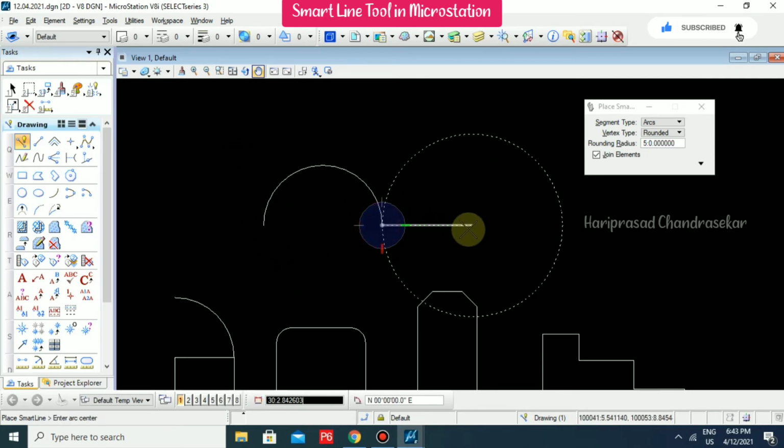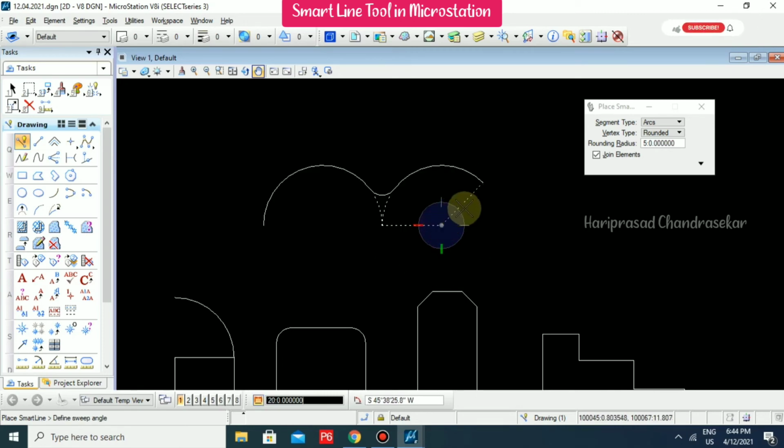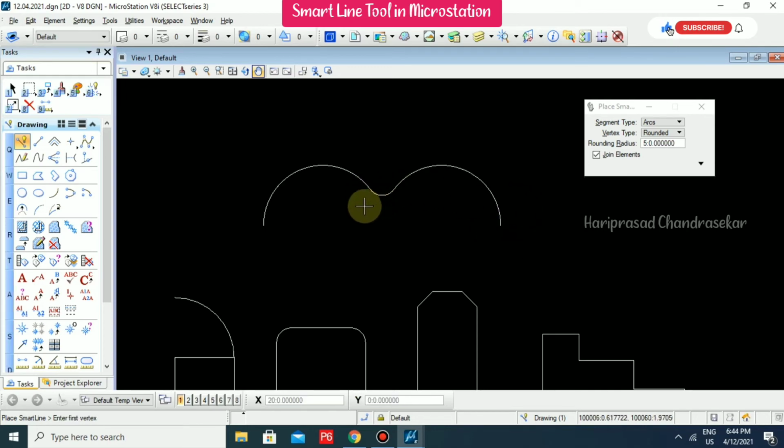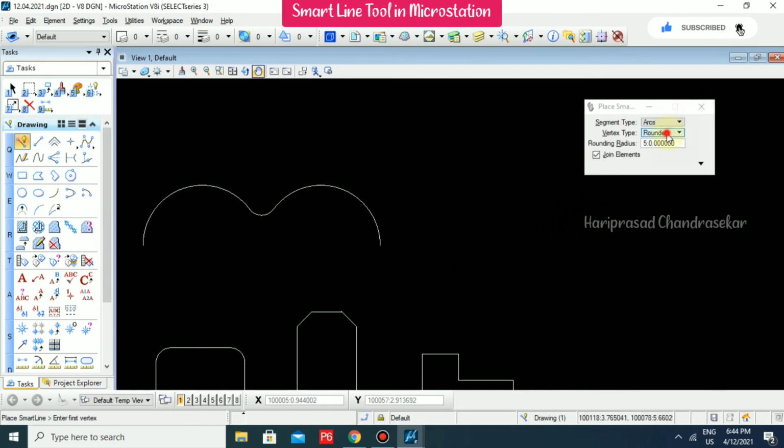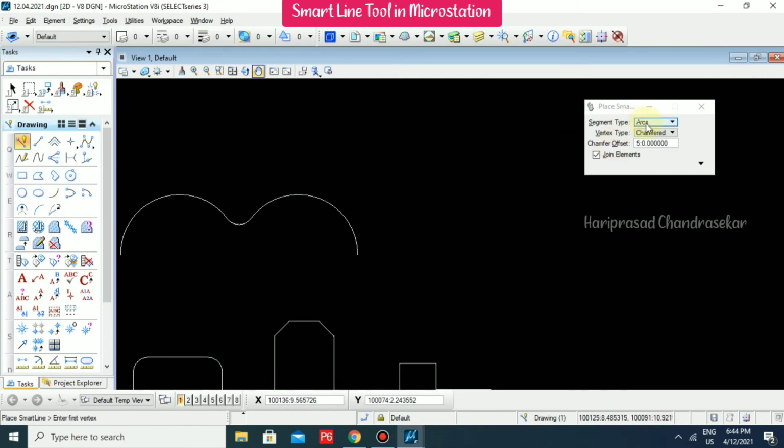So you can just click like this. So again it is automatically taking C, and you can place. So can you see here we got a rounded radius. So chamfered, and with segment type I am using arc.